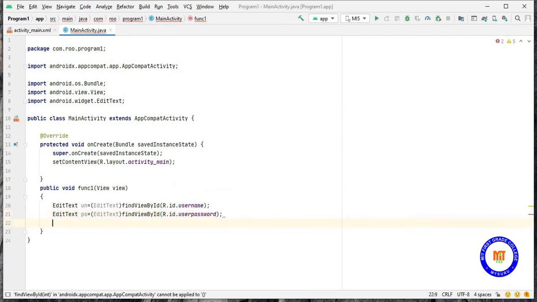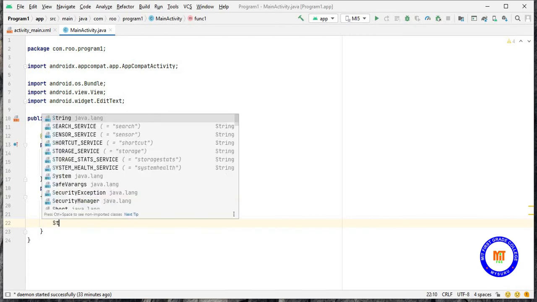So now I have extracted whatever the user gives, that is the username and the password, and kept them in UN and PS. Now I need to convert that into a string.